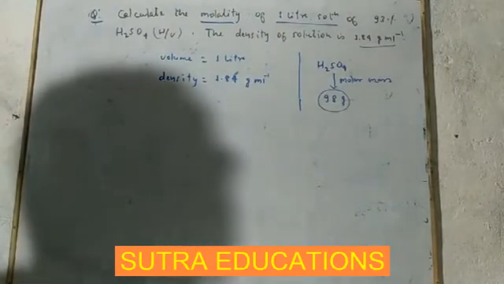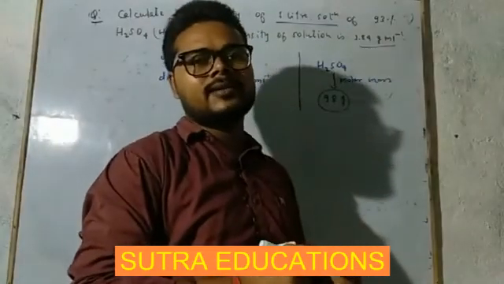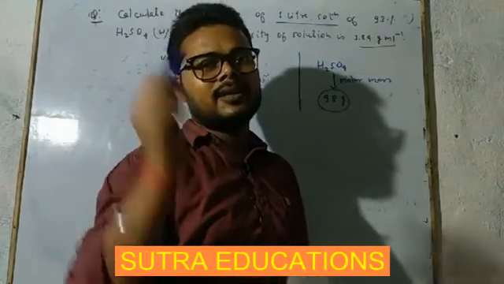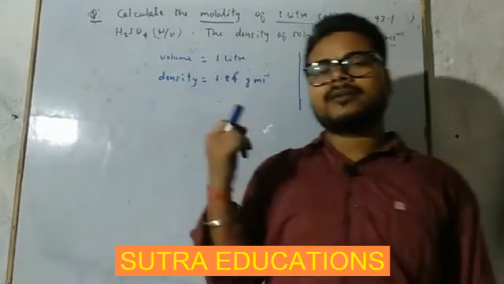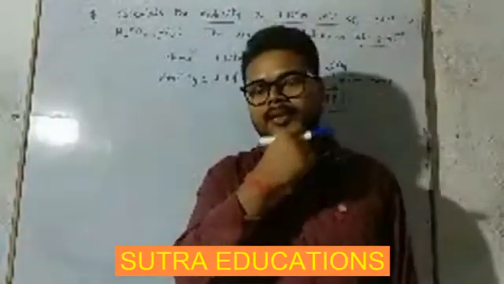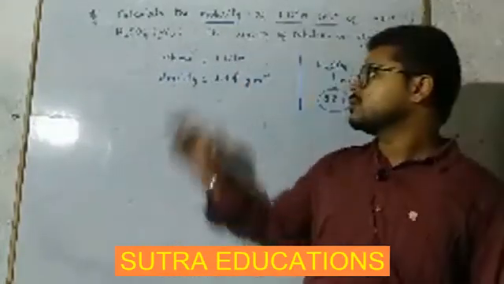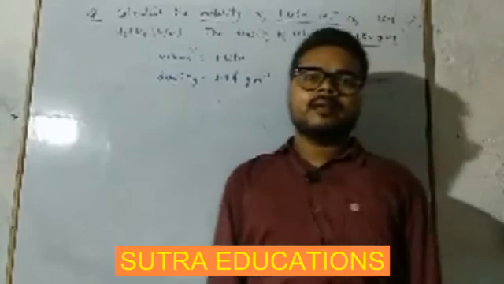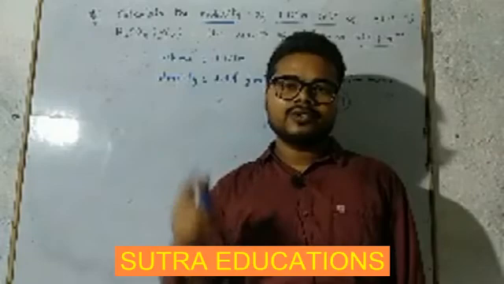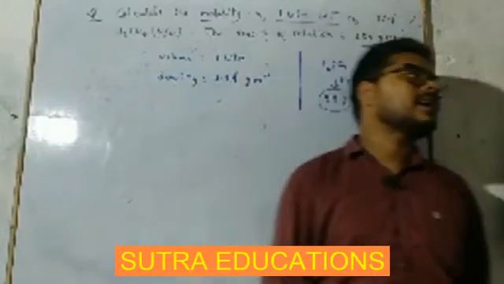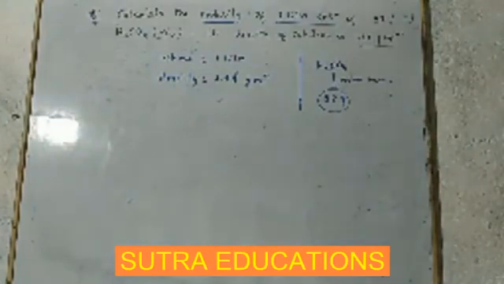Okay, and we can solve this question using two methods. One method I have told you: the relationship between molarity and density. Here density is given, you can calculate molarity, and once you have molarity and density, then you can find out molality. I have told you there is a relation between molarity and density of a solution. So from this you can calculate molarity. In the second method you can directly calculate molality of the solution. How can you calculate it directly?